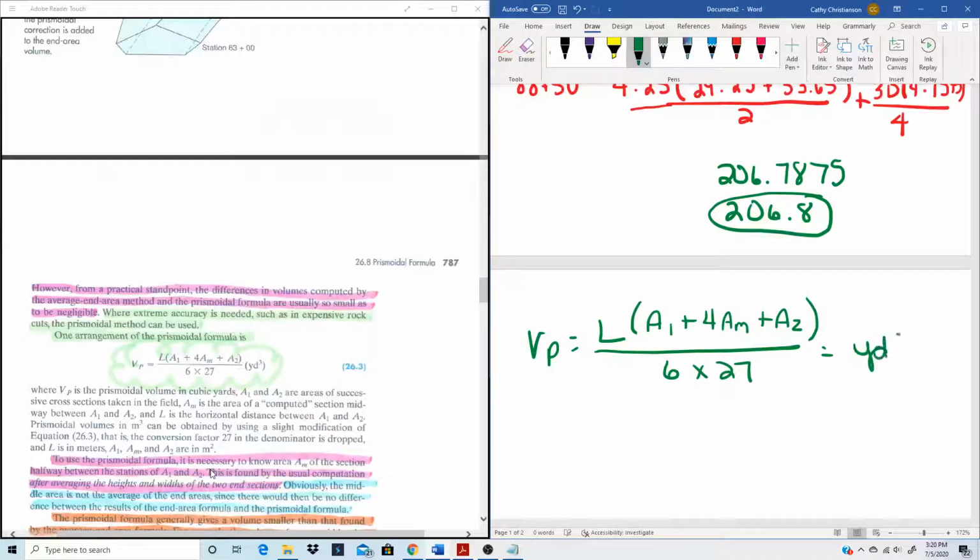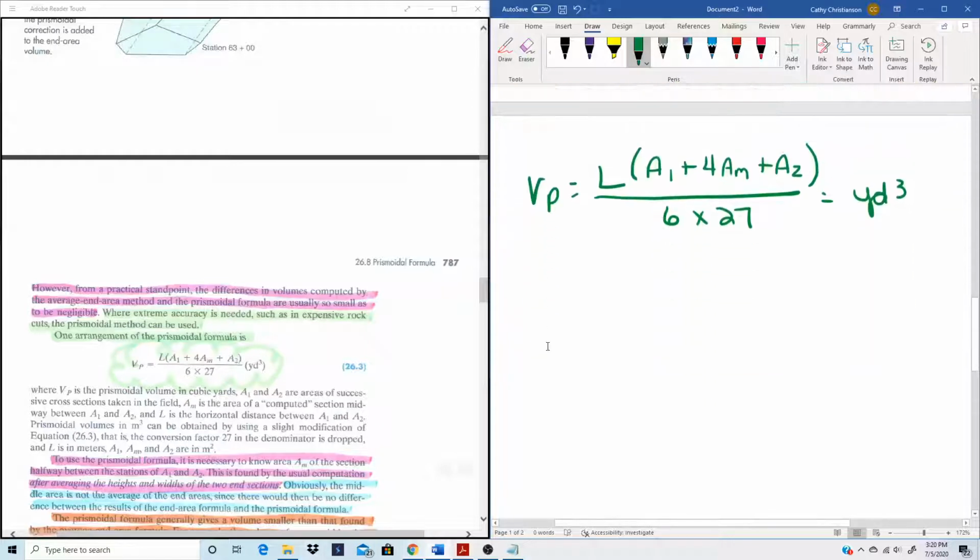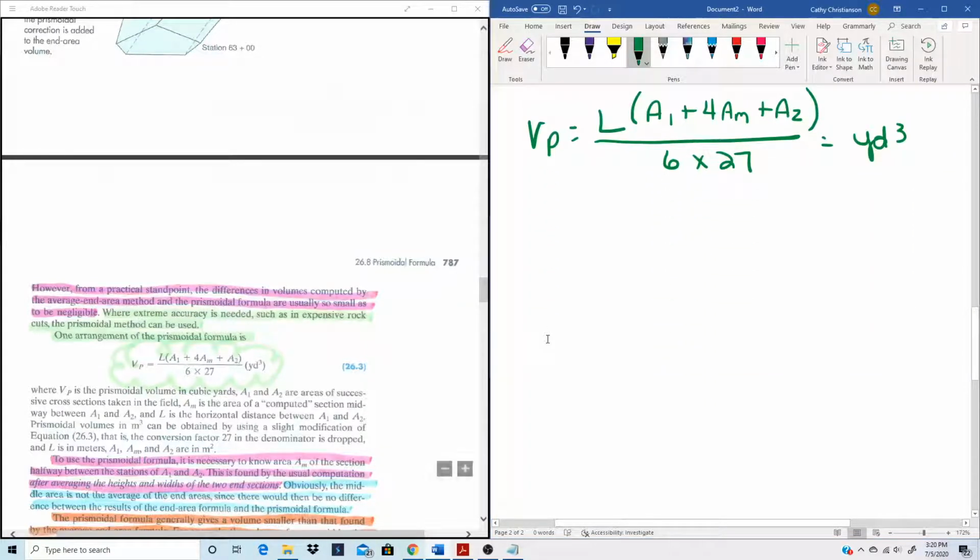Put it in cubic yards. It's 100. My area 1 is 210.1 plus 4 times area in the middle,